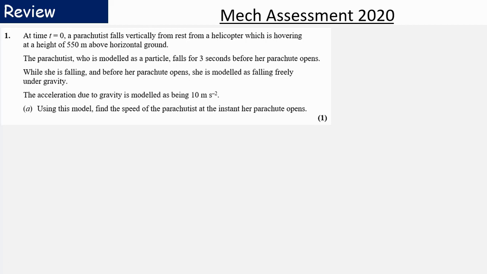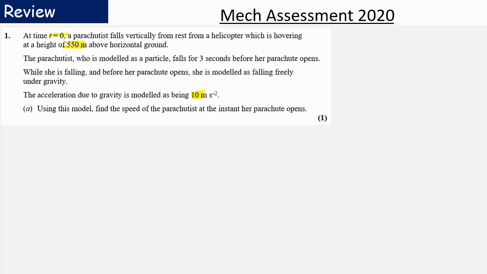Okay, welcome back. We're looking at the mech assessment that you guys have just done for summer 2020. So let's have a look at what we've been asked to do on this question. We're told that at a time t equals 0, so some start time, a parachutist falls vertically from rest from a helicopter which is hovering at a height of 550 meters above the ground. The parachutist is modelled as a particle and falls for 3 seconds before her parachute opens. While she is falling and before her parachute opens, she is modelled as falling freely under gravity, 10 meters per